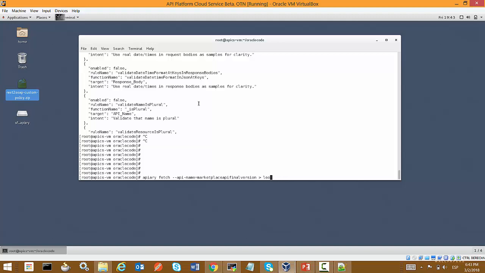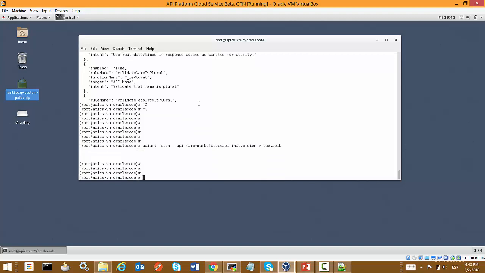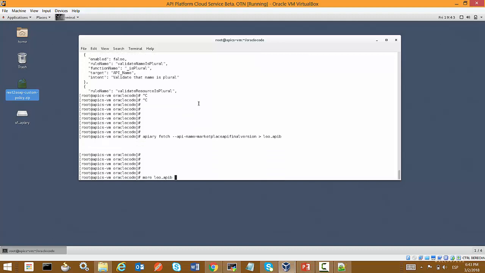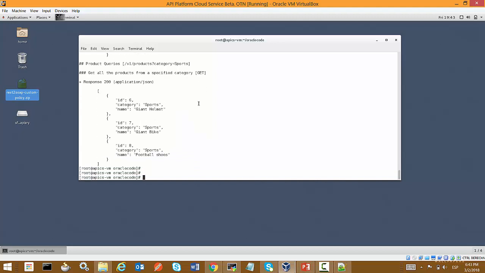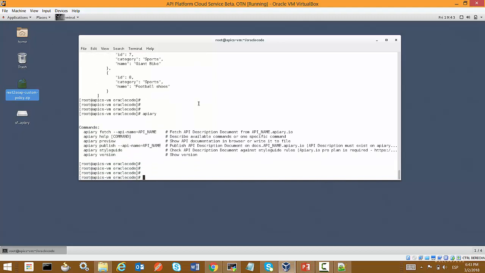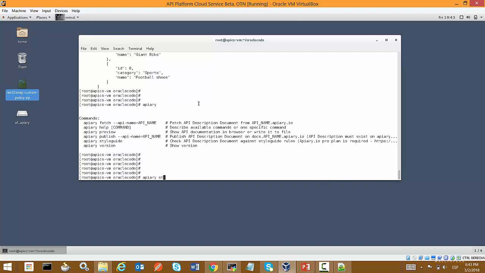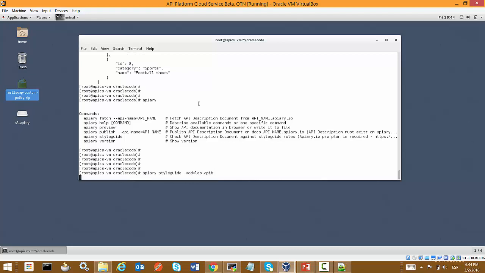So I'm going to call this Leo API blueprint. If I do a more, then I have Leo's blueprint right here. Then I am going to execute the style guide, and I just need to use the add option and then the name of the API blueprint.